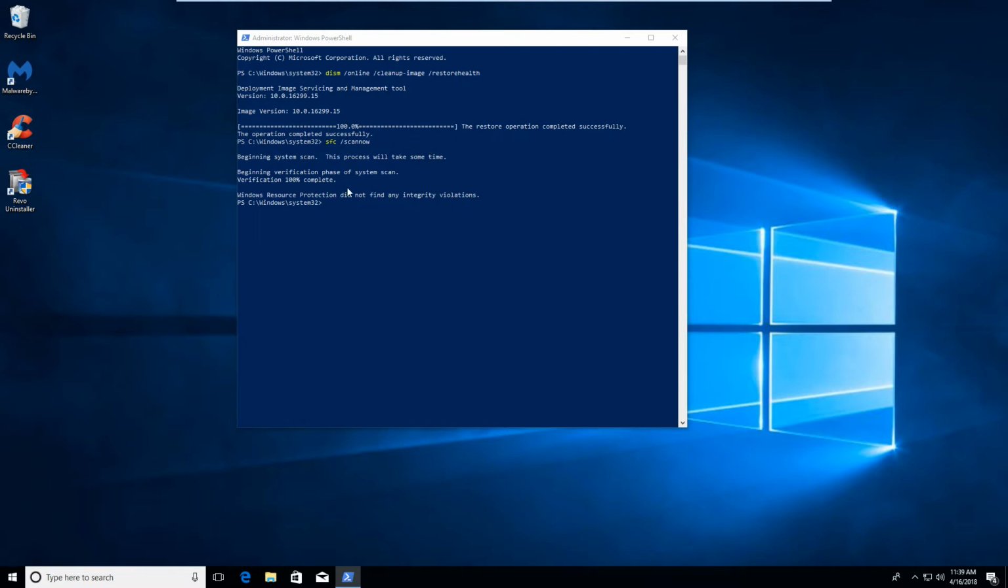Now, to make sure that system file checker can do its job, you always have to run dism first, because dism gets the information from the online images that allows system file checker to work properly. So if you do system file checker without doing the dism first, you might often get the message that says we were not able to fix the corruptions,